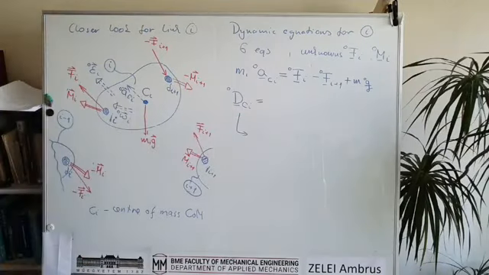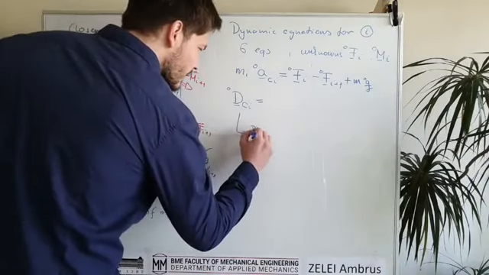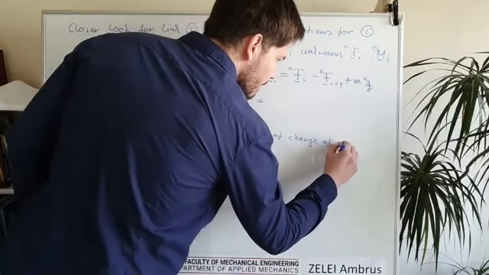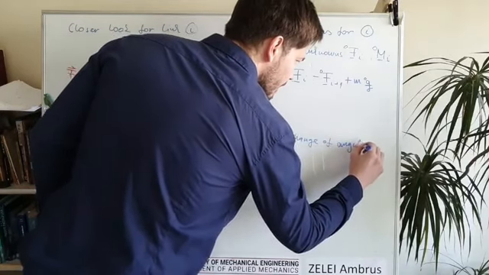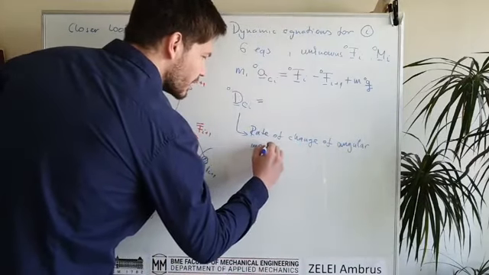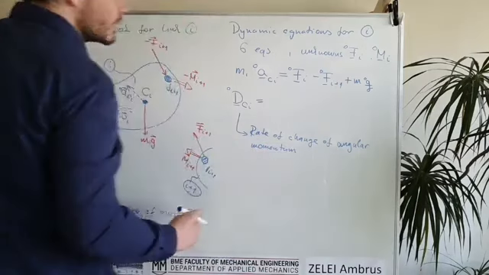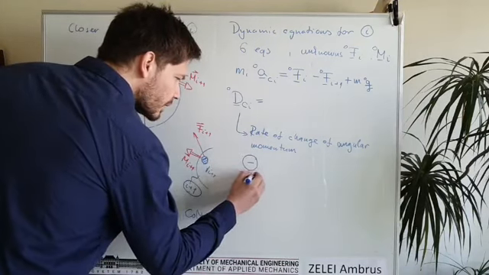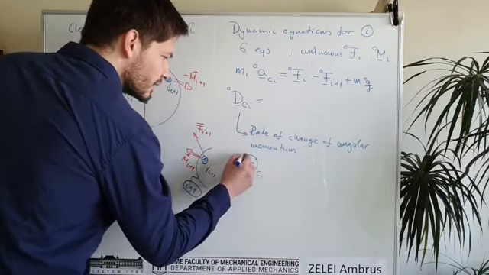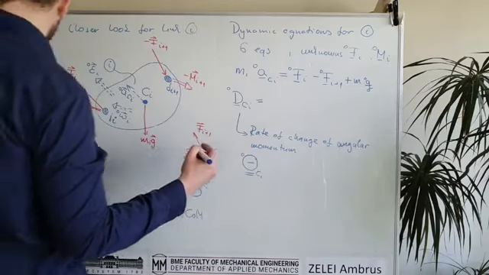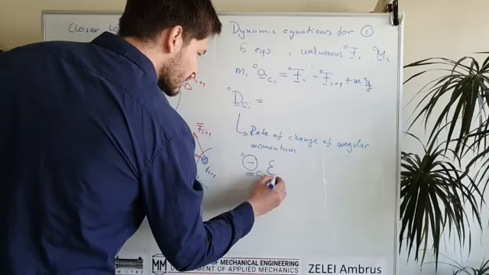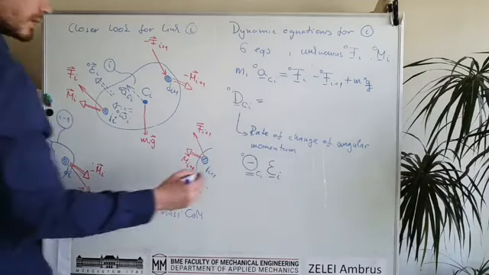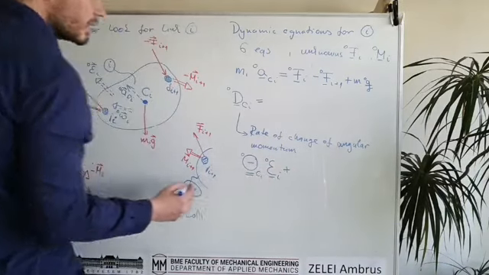So this is the change rate of the angular momentum, and it's just equal to the mass moment of inertia matrix expressed in the global frame. That's not always very simple, times the angular acceleration for each link, plus it's also given in the global frame,